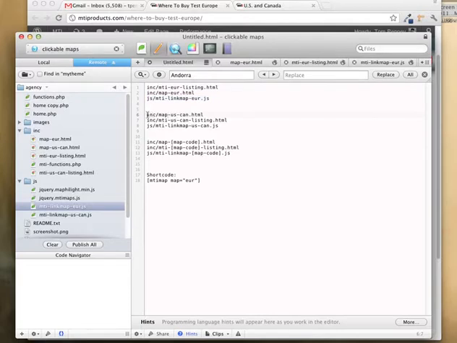So if we want to add another map, we shouldn't really need to modify anything. We just need to name these files correctly. So we've got to include map-mapcode HTML. You could just create another set of files for South America, for example, as long as you name it correctly. And then to add the map to a page, you just need to enter the shortcode